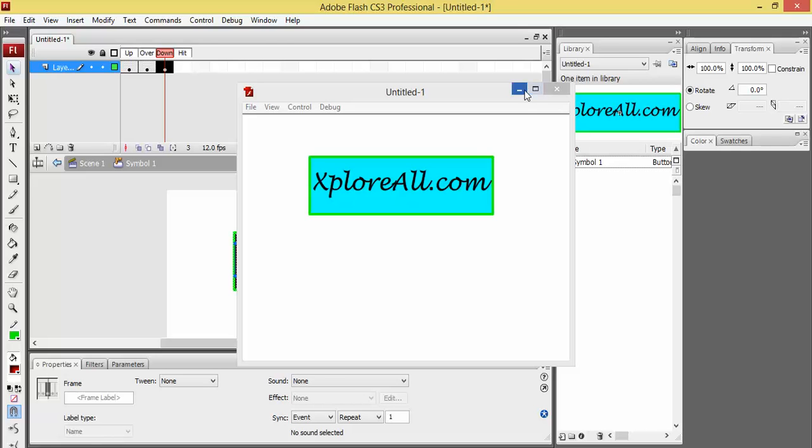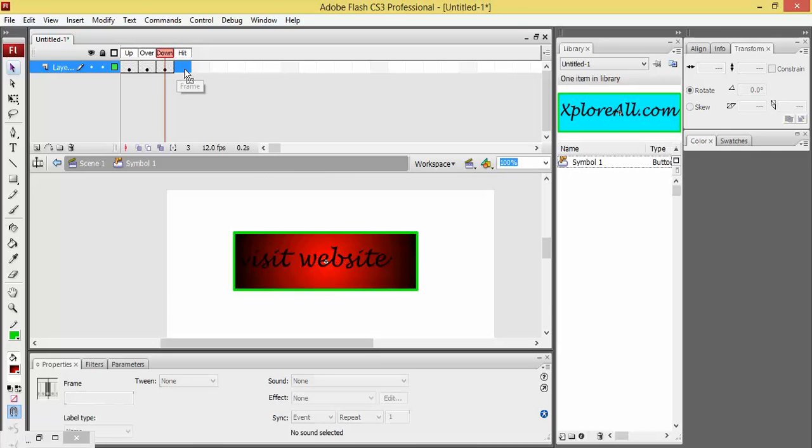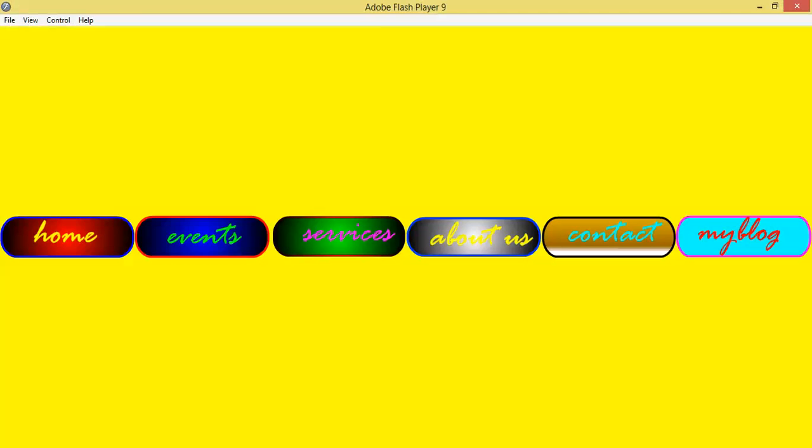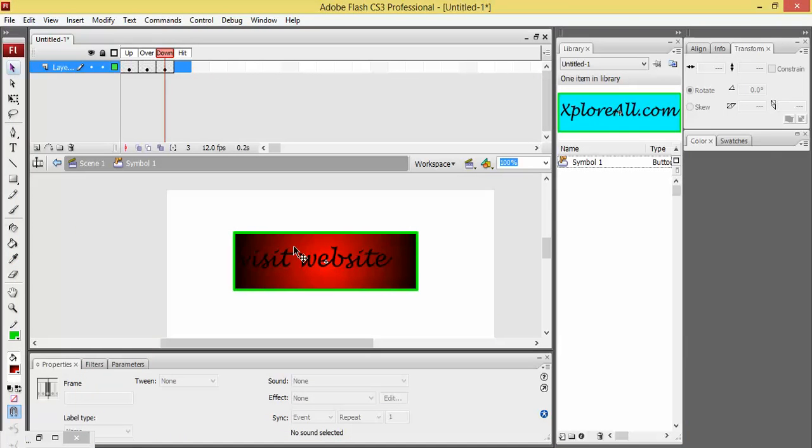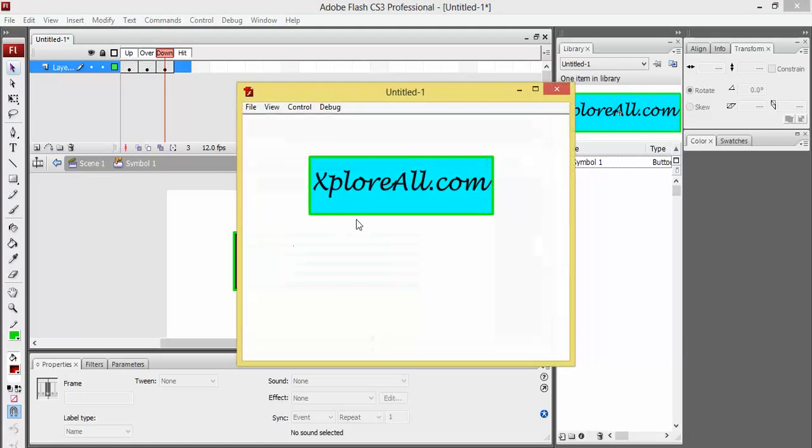Finally, the last interesting frame is hit. Suppose my cursor is somewhere down here, but I want the event to happen there as a clickable event.